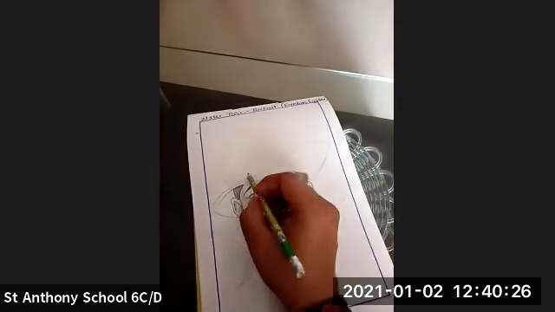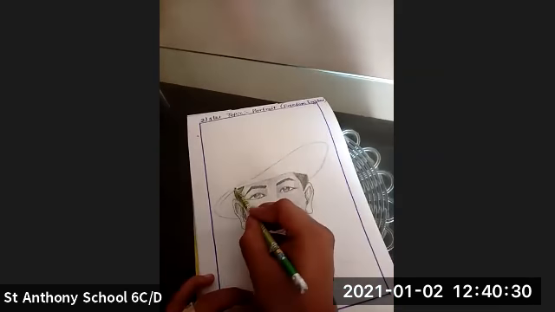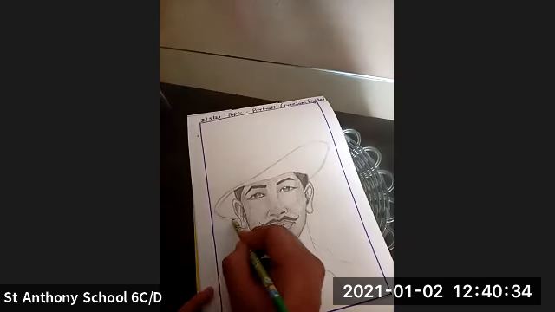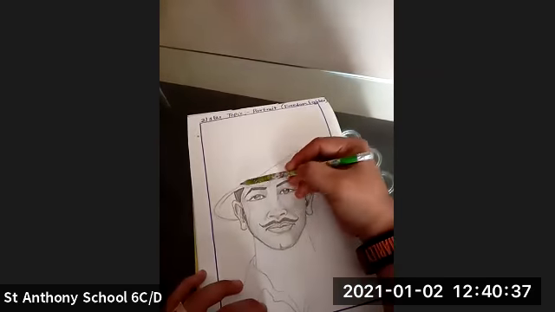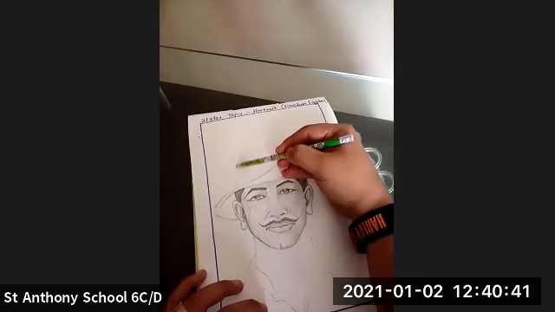So just look at this. This is how we are going to make the hat in this way. And from here, this is the upper part of the hat.